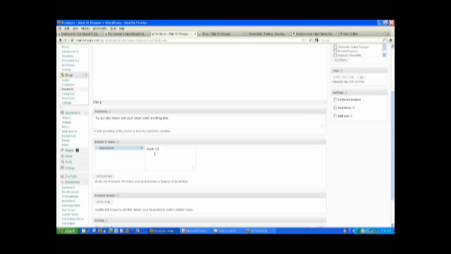and corn syrup, flavoring, and so forth. And then you can add another product detail, such as calories. And it has 0 calories, of course. And then you put in a product image. In this case here, we're looking for our jelly bean